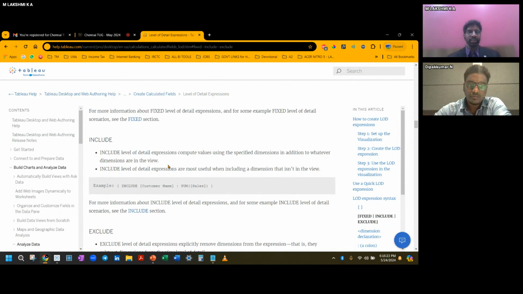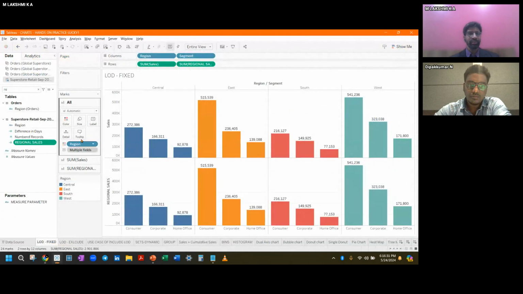And as per this rule, let me now explain clearly what an include LOD or exclude LOD is, and how to write an LOD first of all. Here I have used one sample: sum of sales along with region and segment on the column shelf. No other filters, just two measures. Sum of sales we already know, it's the sales that we have in the Order Superstore table. Now, regional sales, what is this?